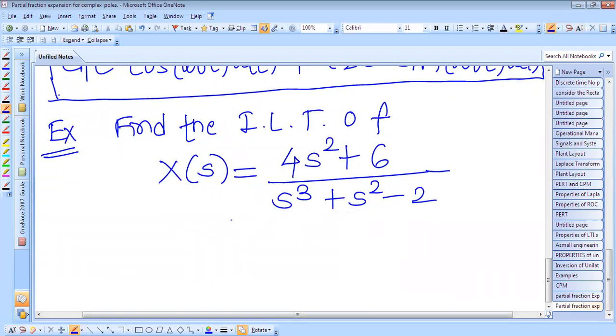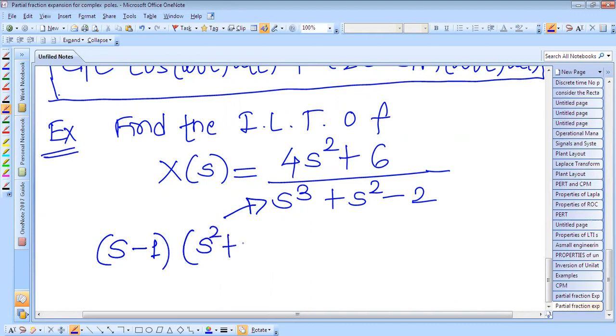Why are there three poles? Because the order of this denominator polynomial is 3. So by trial and error, we have to find these poles. The first is s minus 1, and the second is s² + 2s + 2 = 0. So if you solve this,